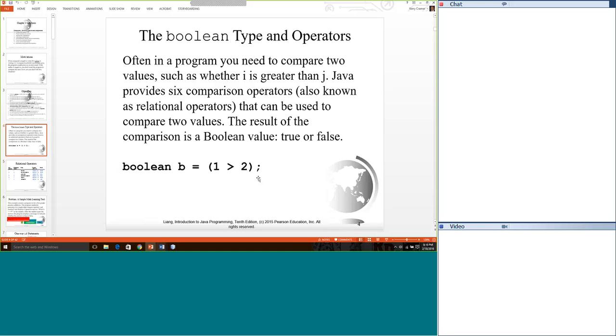This expression is 1 greater than 2. Well, when you think about that, 1 greater than 2 is false. That is not true, so it's false. So the value for b would be false. A Boolean can only be true or false. In this particular statement, the value for b would be false because of the resulting evaluation of this expression.